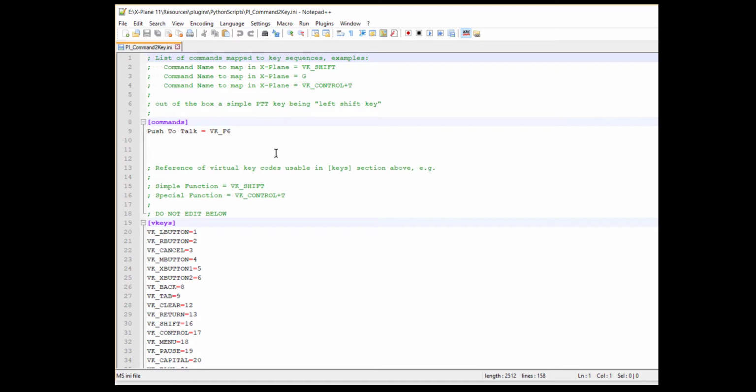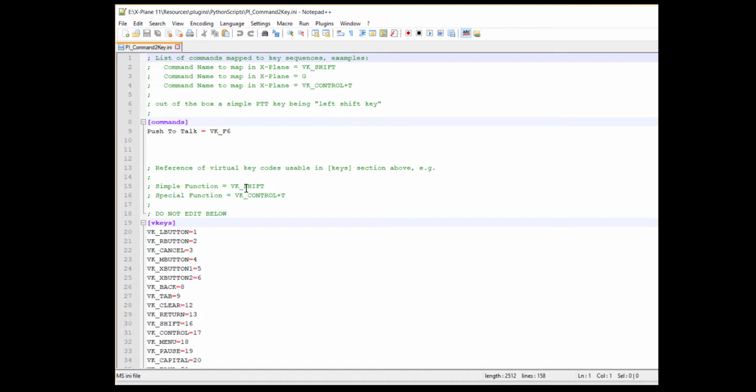I've already been here and edited earlier. The default is one command in here. They've called it push to talk, and it issues a virtual key. By default, the virtual key is the shift key. So in other words, when I assign this command to one of the buttons on the Rift controller, it will issue that keyboard control. The shift key was no use in Pilot to ATC, so I've changed that to be